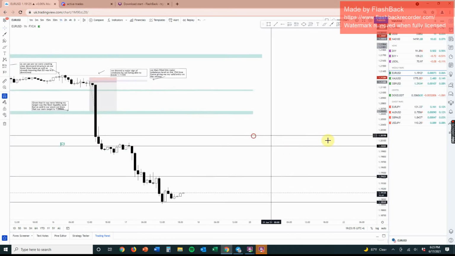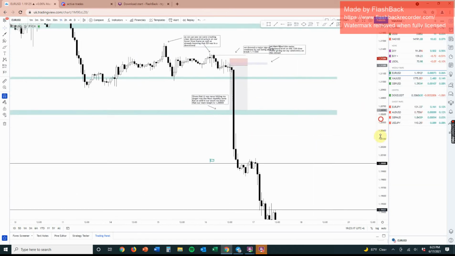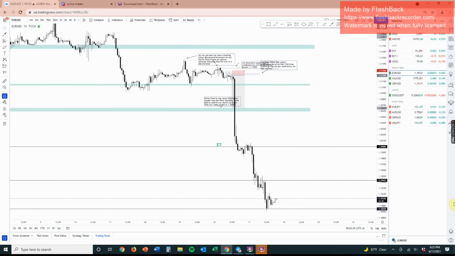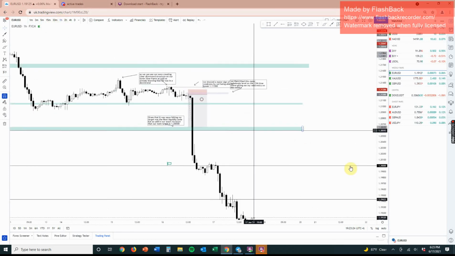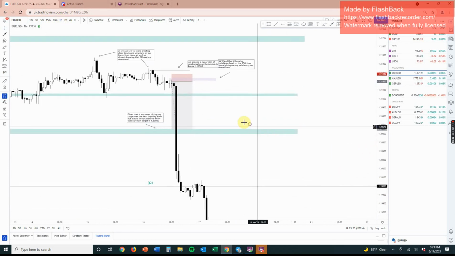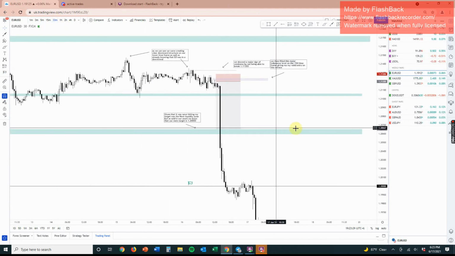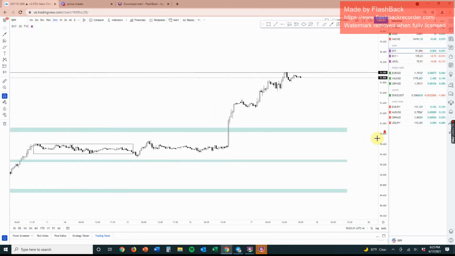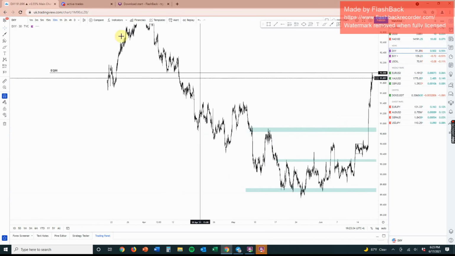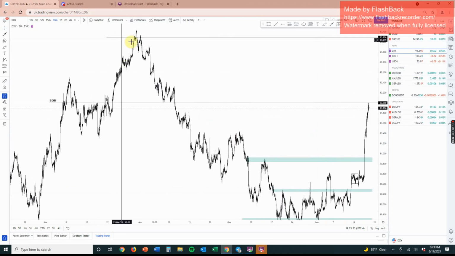So if we look at EU, we had this whole downward structure, and we understood that sometimes you have to understand, even though technical news does play a lot of factors into things, sometimes you just have to think of things in a way that just makes clear sense. So if we go to the DXY, we have seen that the DXY has been bearish forever, since